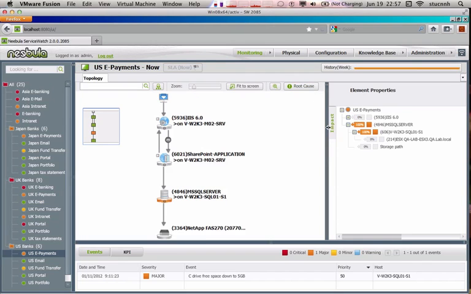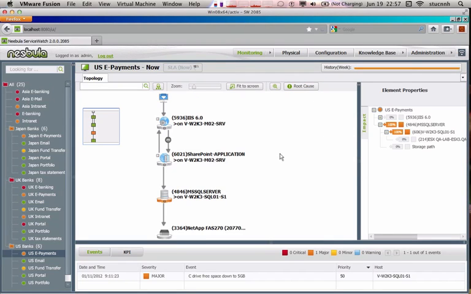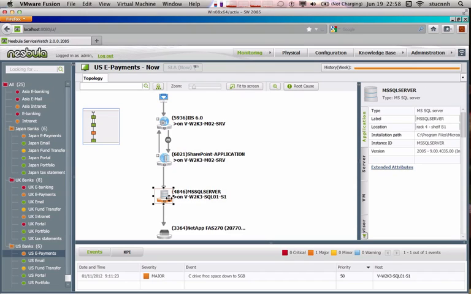Now, let's go back and see how we would do this without the root cause button, and let's use that to explore some of the features that are exposed by this service map. The service map, of course, is discovered by the software, by the tool, automatically, and it's updated on a continual basis so that you know this service map is not only up to date but updated in very near real time. So if we pick the component in question, the SQL Server, and look over on the right,